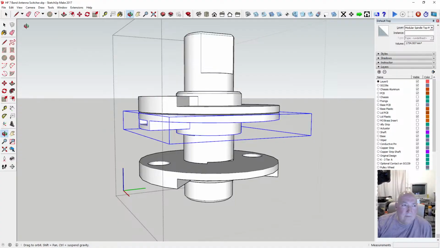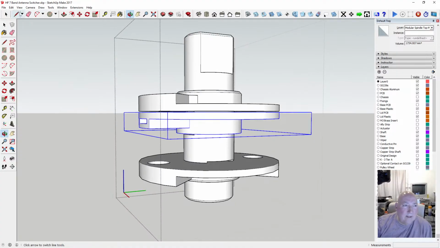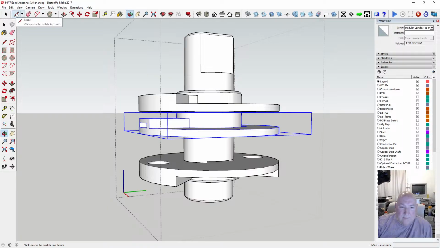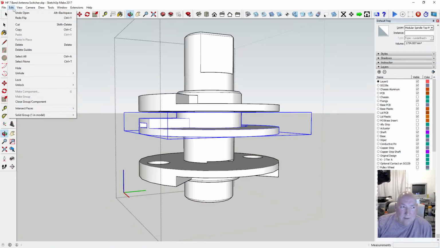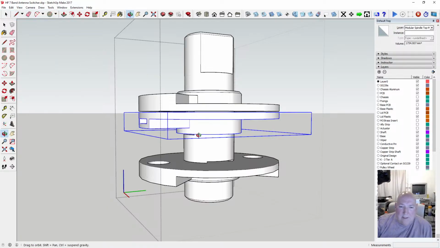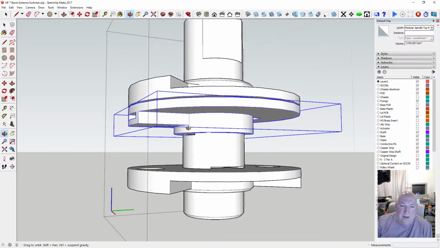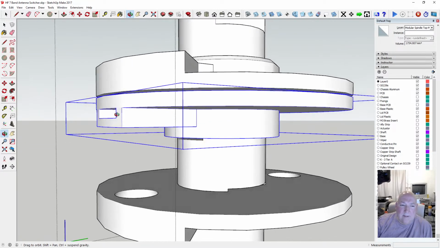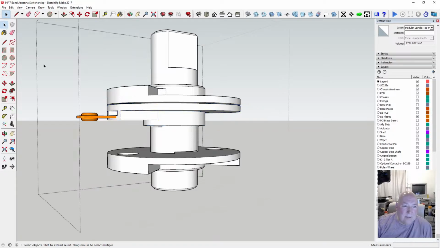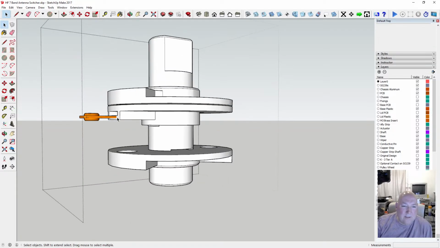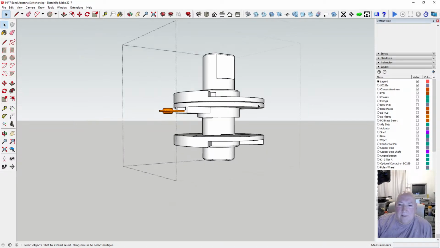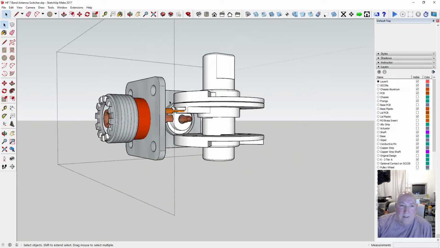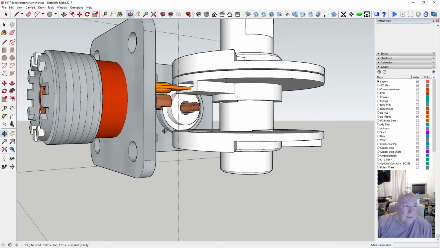Let's unflip it to see what happened. So, right, that was probably the best way of flipping it. So now I've got a wider area here, but now the contact strip is not going to be in the right place, and it also needs to go lower. So if I just come out of there, we can see the SO239s.